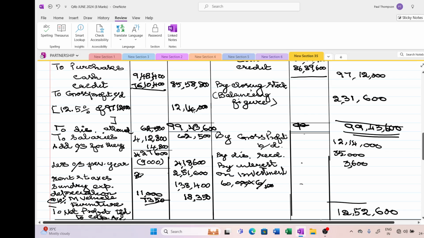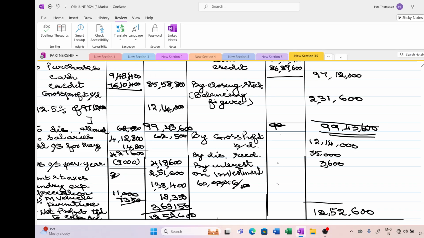This comes to 18,350. So what is the net profit? It is 363,150. Total 1252,600. The balancing figure of net profit is carried to